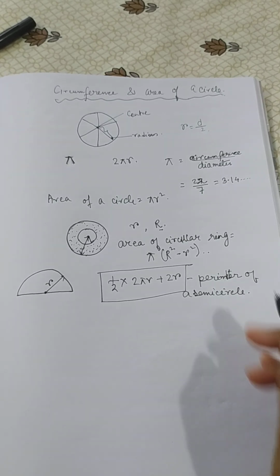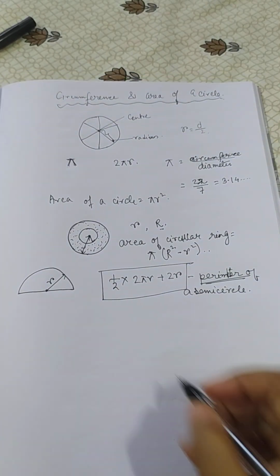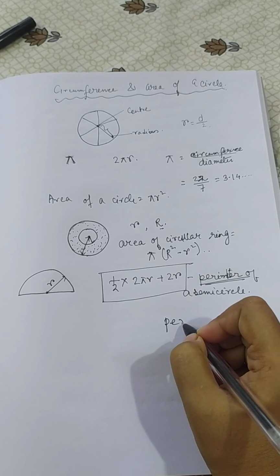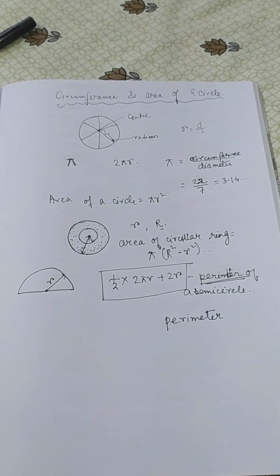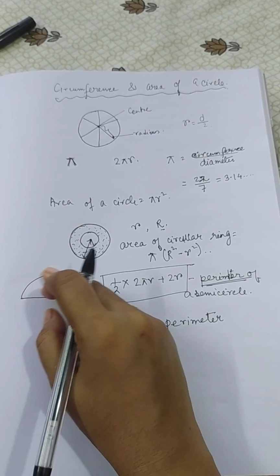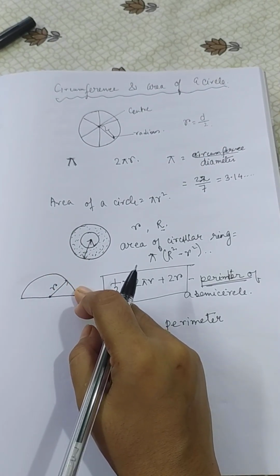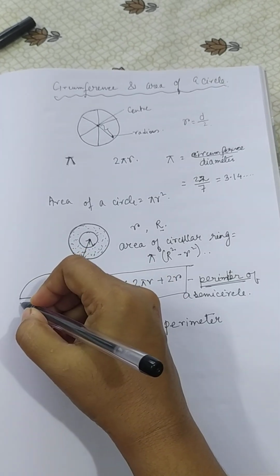Right. Now perimeter. How is the term perimeter defined? The perimeter is defined as the total boundary of any geometrical shape. So if I like to find out the total boundary of that particular geometrical shape,